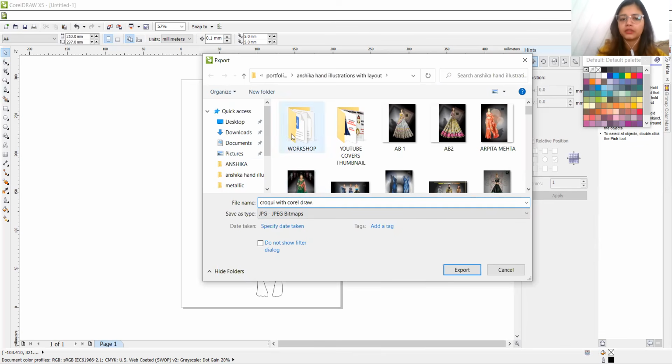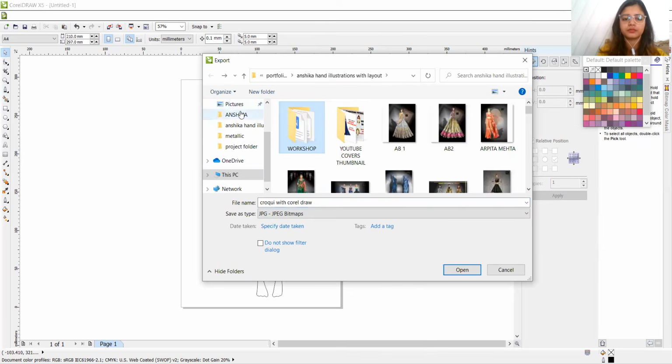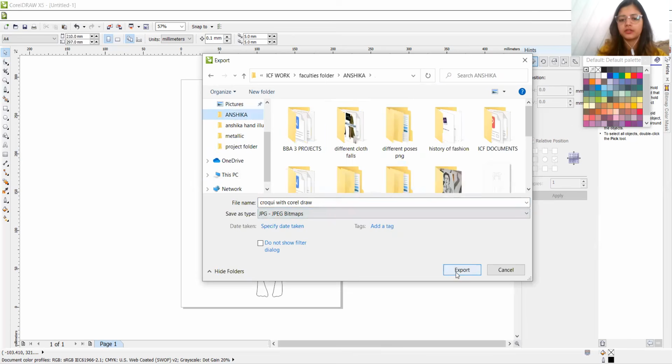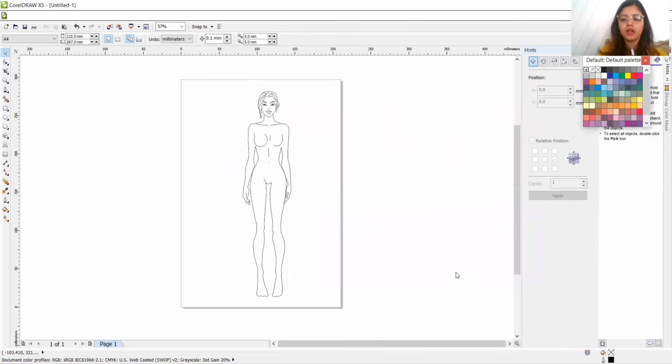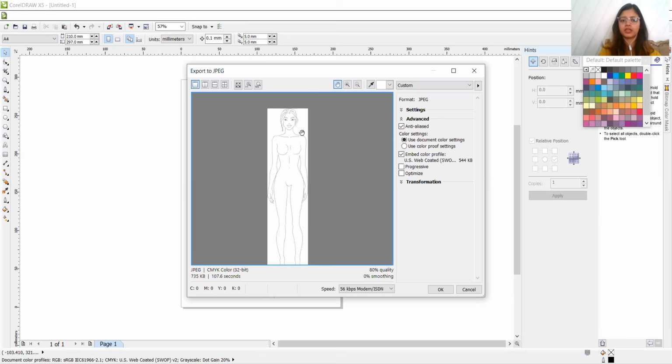Whatever file you want to select, just export it. Then a dialog box will appear. But I don't want to do it this way.